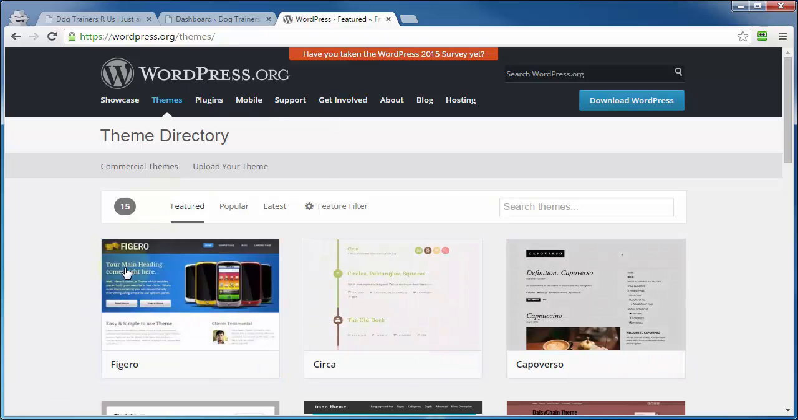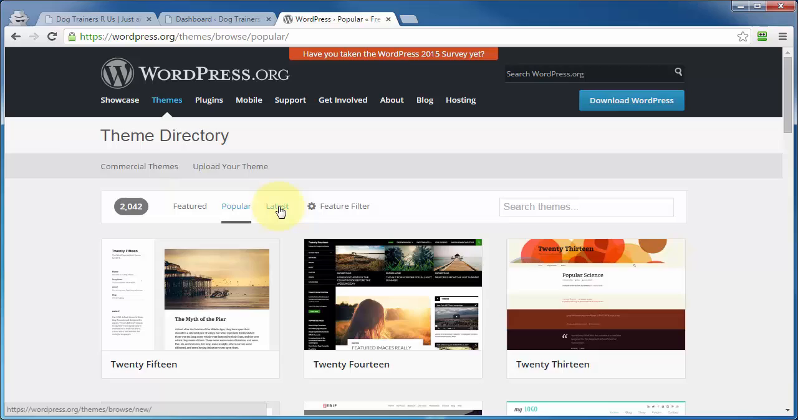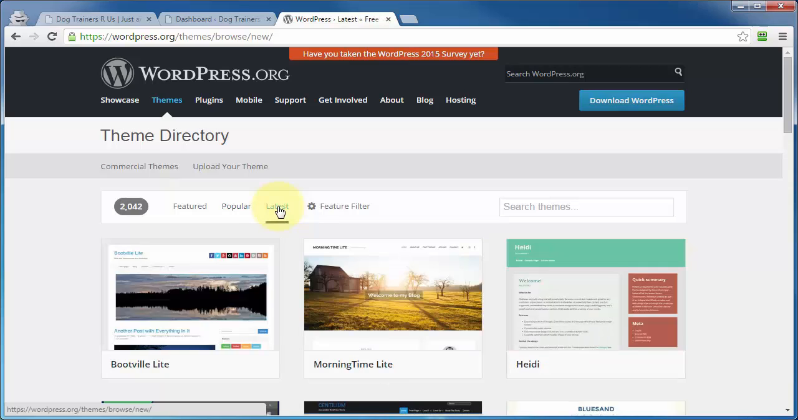And browsing through these free themes, you can do that a few different ways. One is by going through those that are listed here under featured, or those that are listed under popular or latest. Or if you've got a pretty good idea as to the name of the theme, you can just type in that name here under